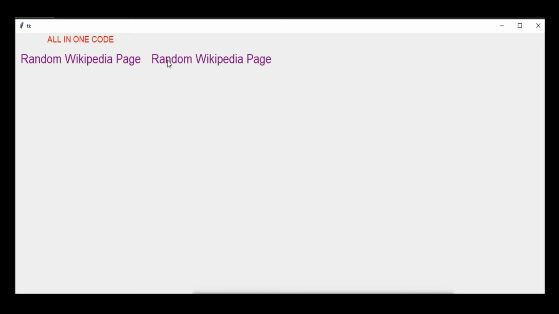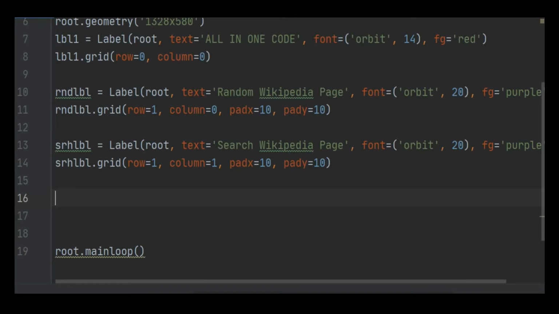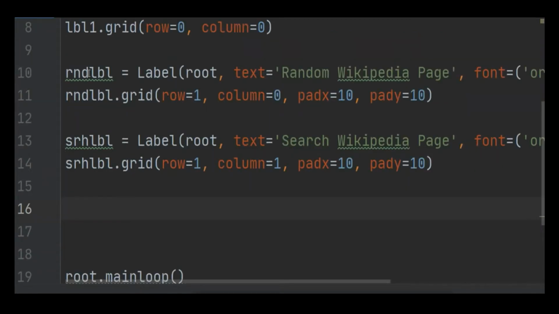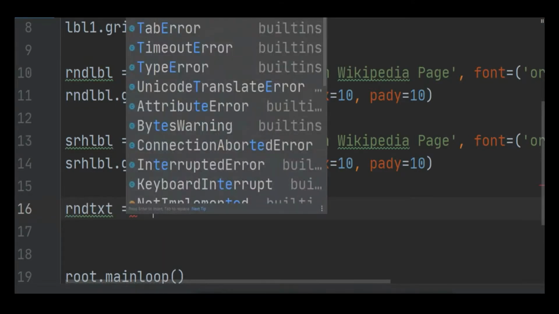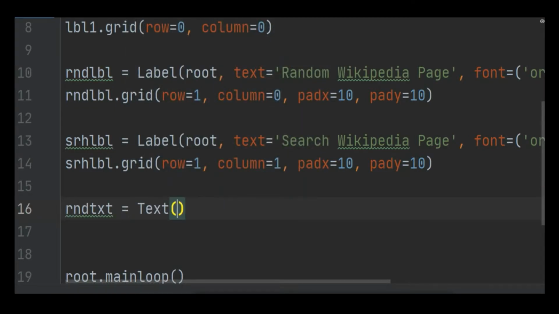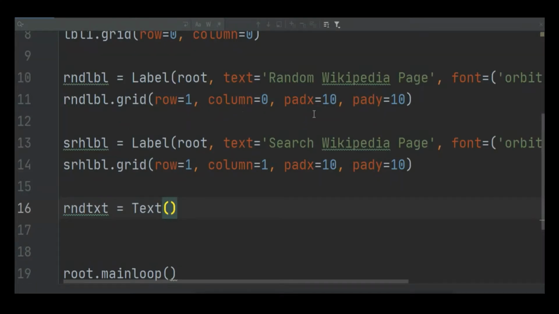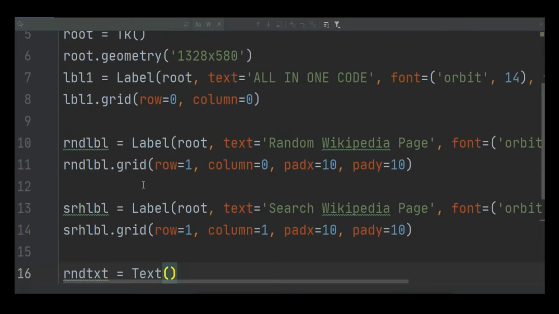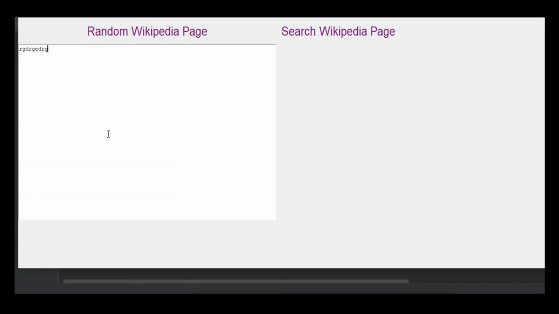Now I'm going to create the text box. I'm going to name it random text box, rndtxt equal to Text, and then I'm going to change this text box grid into row equal to 2 and column equal to 0. So you can see here I got the huge text box.